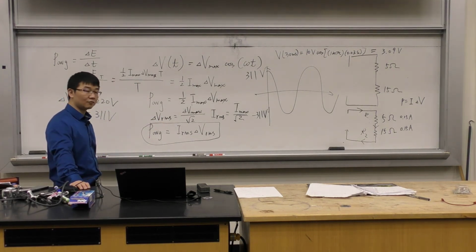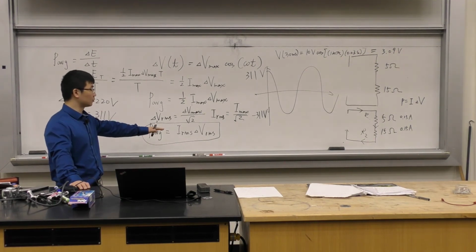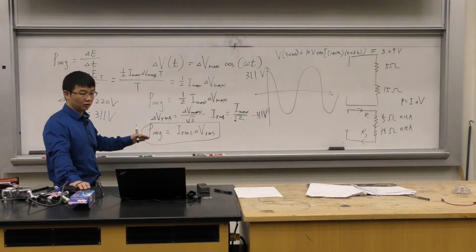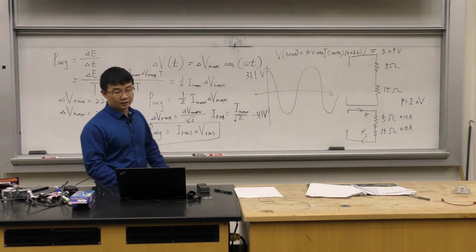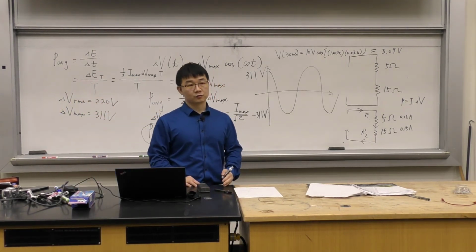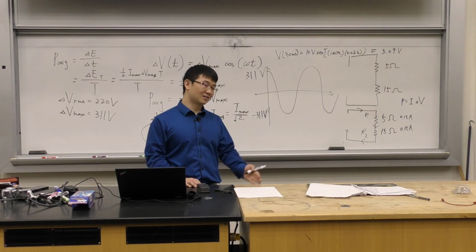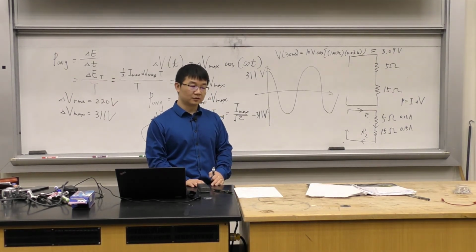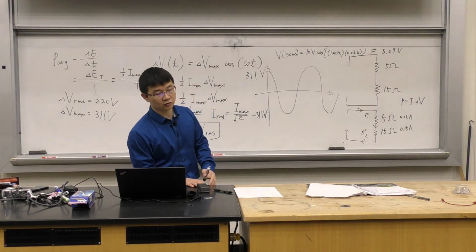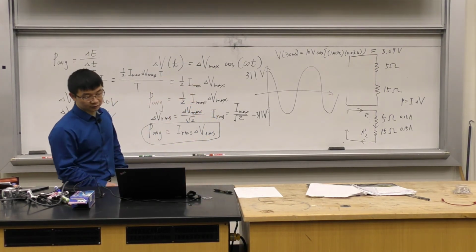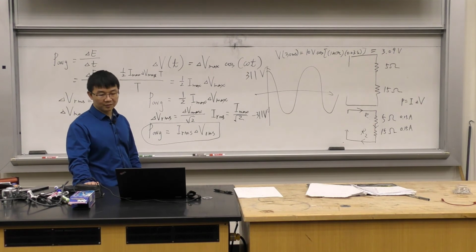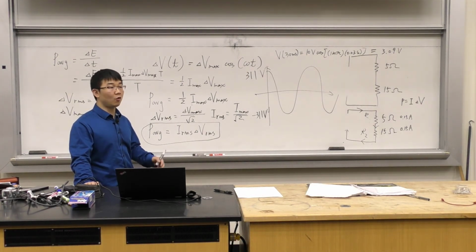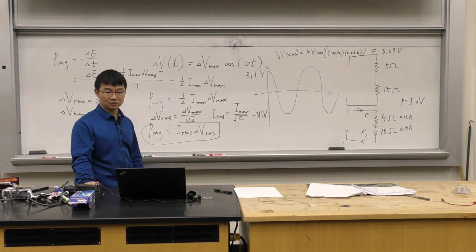So if I calculate the average power of a resistor in an AC circuit, I can just go ahead and multiply I and V, but I just use RMS values. Now, but remember, we also learned capacitors and inductors. They are less familiar to most people, but they're still very important elements in circuits. So what if you connect the inductors or capacitors to an AC circuit? What's going to happen? They are actually more interesting in AC circuits than